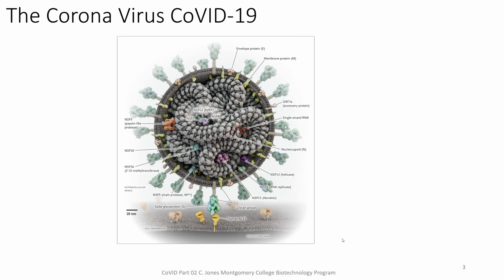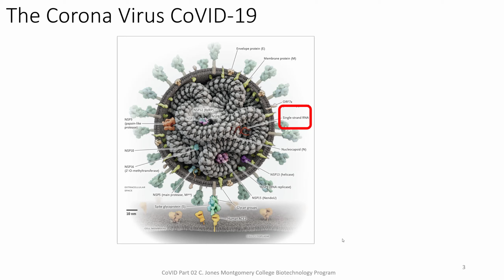We now have a lot more information about the structural detail of the virus that helps us to understand how the virus works. And by understanding the structural and functional details of the virus, it helps us to develop diagnostics, therapeutics, and vaccines. Today, I just want to quickly focus on two aspects of the virus. The first is single-stranded RNA. RNA is the genetic material that contains the instructions to make new virus.